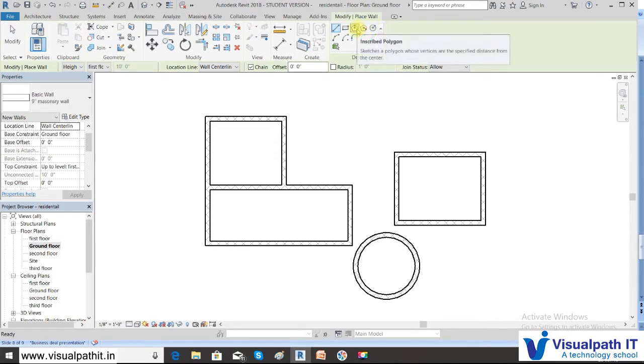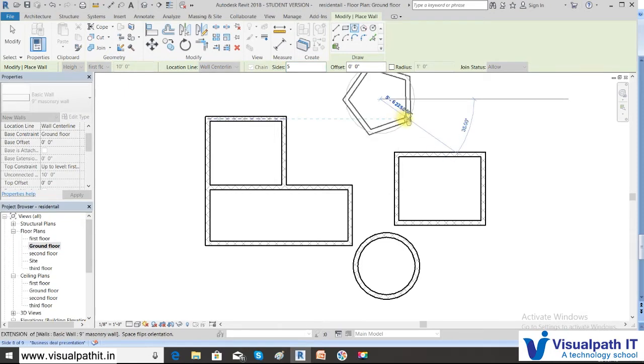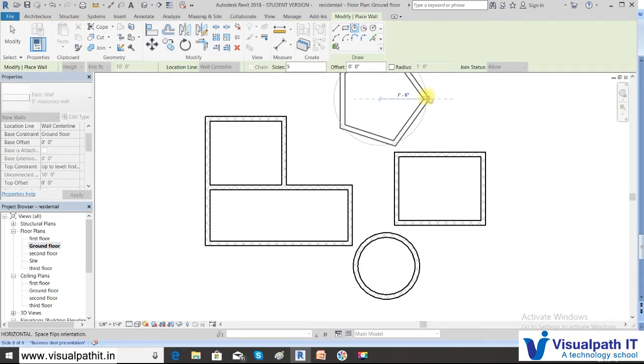We will quickly go through this in the polygonal wall. So this is the polygonal wall, which says the sides are 6. You can define the sides, as a pentagon wall as 5, or 10. So as per your requirement, click on the screen and drag to specify the radius, or you can type the radius. Say 5 foot, 6 foot, and you have drawn the polygonal wall.